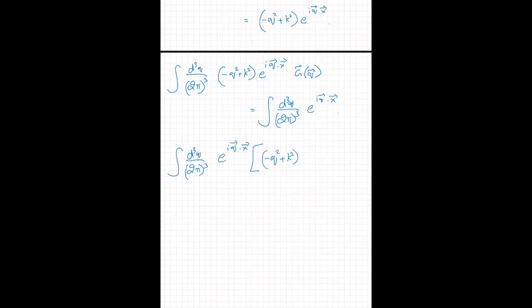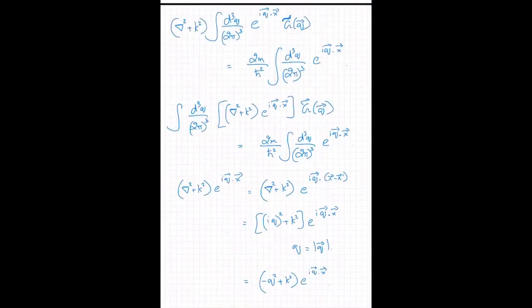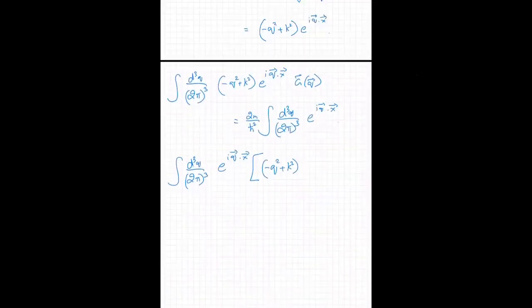Sorry, there is a 2m over h bar square, which I missed. g tilde q minus that equals 0, right? So e to the iq dot x is not 0, it's an oscillatory term, which means the